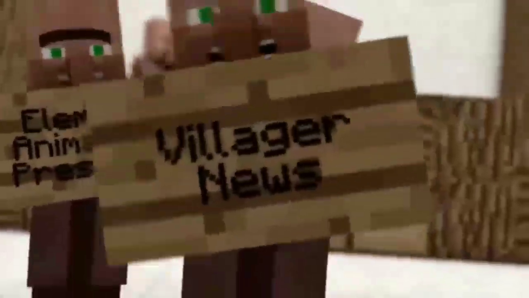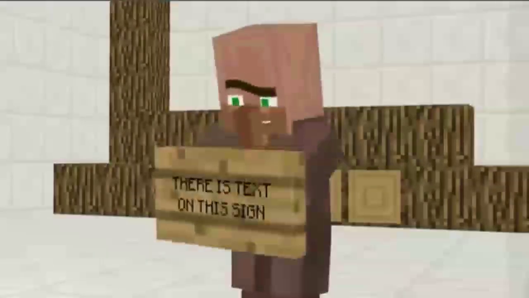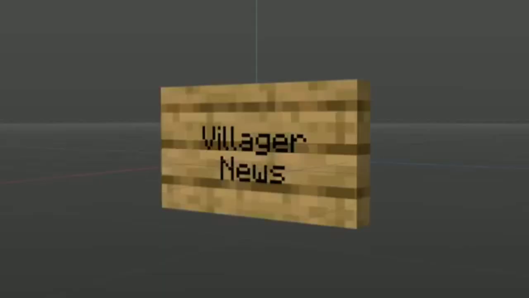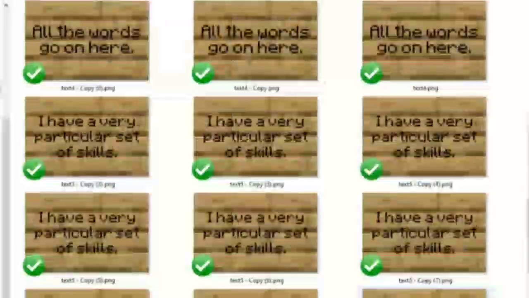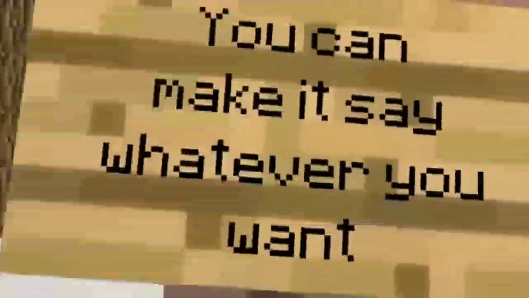So as soon as the first video starts, we spot a problem. And it's this weird blurry text on the signs. So why did that happen? Well, when you're making a sign and you want text on it, you could just slap it on the texture in Photoshop and just drop it on. But then if there's loads of signs and they all say something different, you'd have to make a different texture for every single one. So instead, we just put some flat 3D text slightly in front of it, so you can make it say whatever you want, at any time.